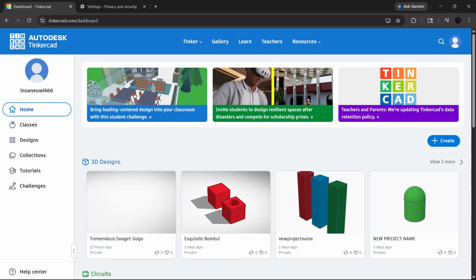If you're seeing a Tinkercad error importing STL, don't worry. In this video, I'm going to show you the fastest way to troubleshoot it step by step so you can get your model into Tinkercad without the frustration. This is a super common issue, especially when the file is too large, too complex, or has broken geometry. By the end of this tutorial, you'll know exactly what to check, how to repair the STL, and how to